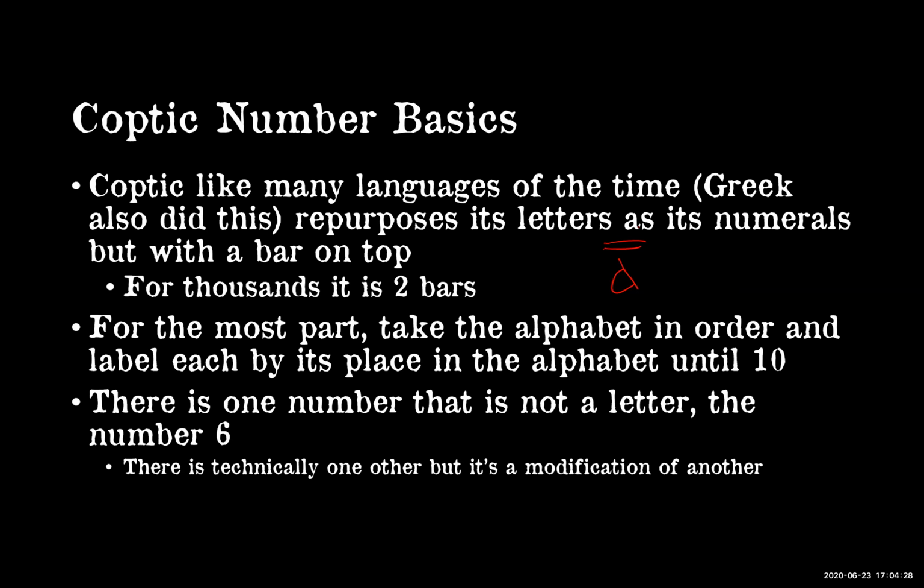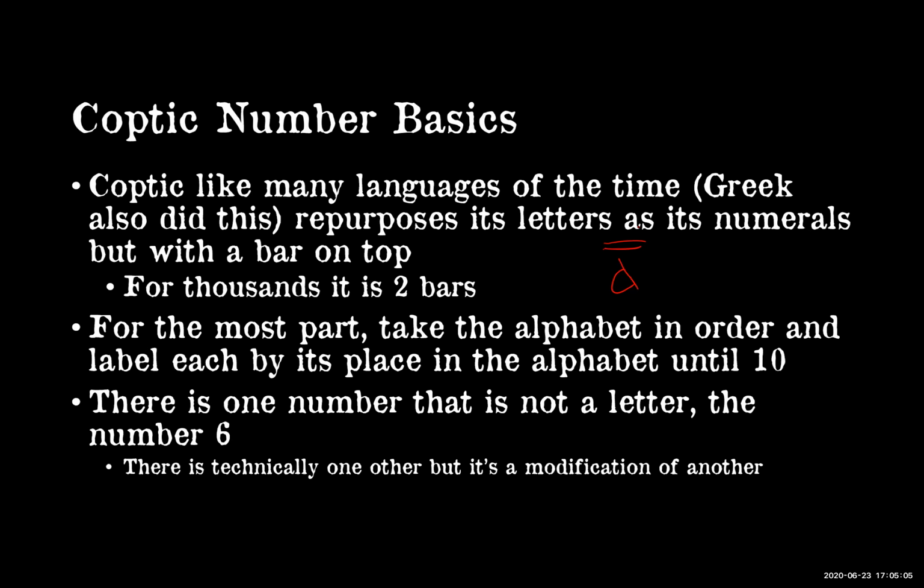For the most part, you take the alphabet in order until you go to 10. So what I mean, you go from the first letter to the 10th letter, and then you're not going to waste letters by going to 11, then 12, then 13, and 14. What you're going to do is you're going to jump from 10 to 20 because you could reuse. So the good thing about Coptic, it's similar to how we do numbers in English in that it's base 10,